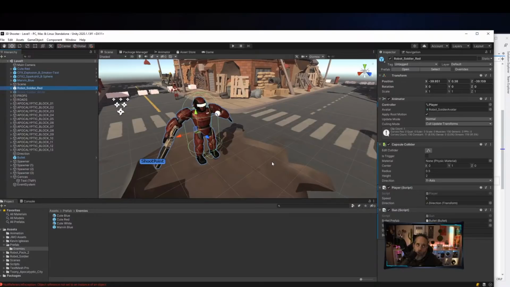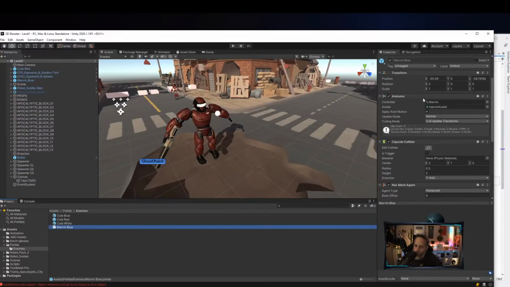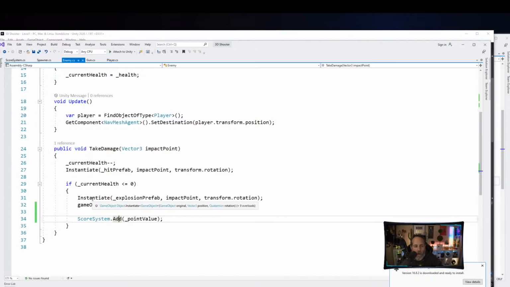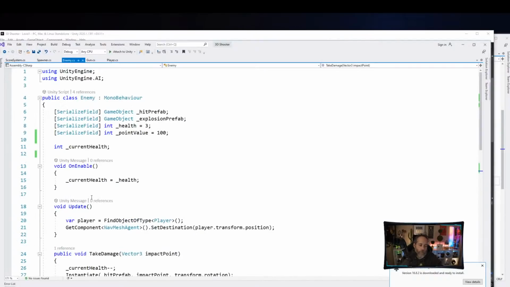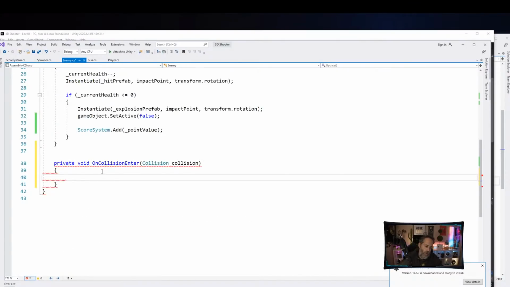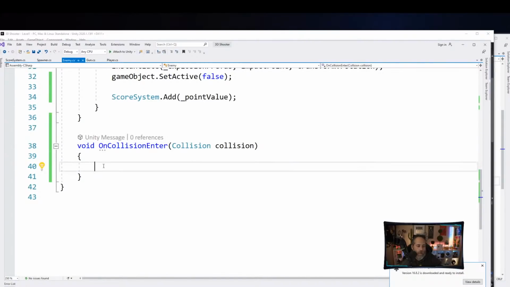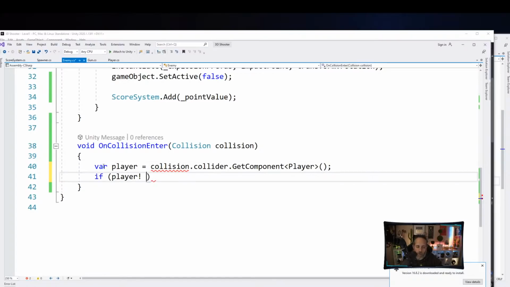Let's make them actually do the damage when they hit the collision enter though, because now we have a collider on my Marvins and my enemies. So I'm just gonna add an on collision enter to the enemy, and then we'll make it so that they die when I get hit. So say on collision enter, and I'm gonna get rid of the private keyword, and here we'll say var player equals collision dot collider dot get component, and we'll get the player again. And if the player is not equal to null, so if we actually hit a player,